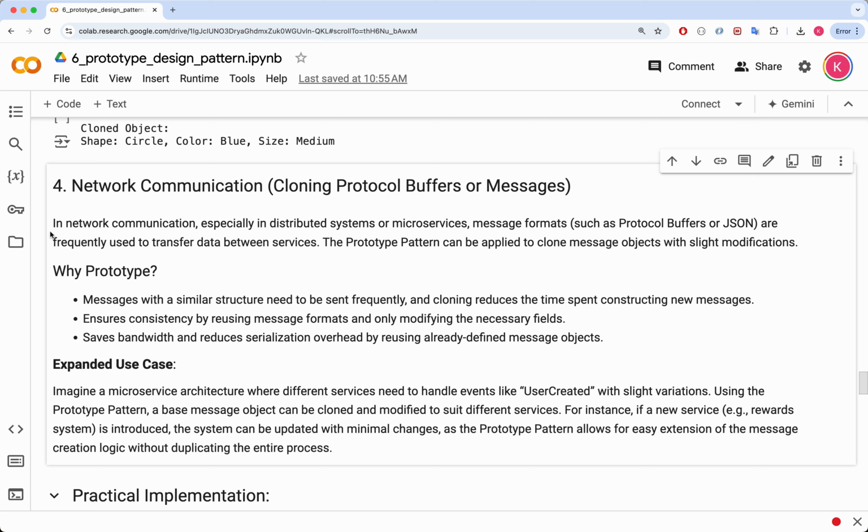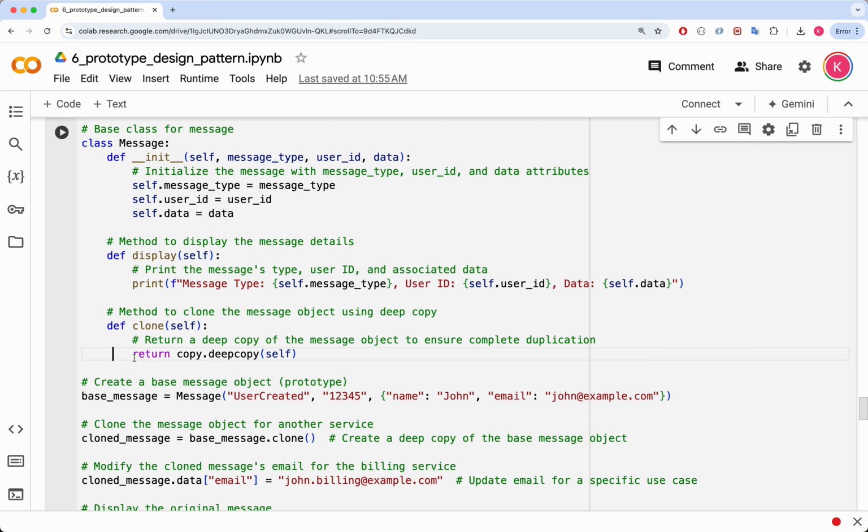Here, the Message class represents a basic message with attributes like message_type, user_id, and data. The clone method, powered by Python's copy.deepcopy, ensures that a full independent copy of the message is created. This deep copy is crucial as it ensures that the cloned object can be modified without any impact on the original prototype. This is especially important in systems that need to send messages to different services or components with slight